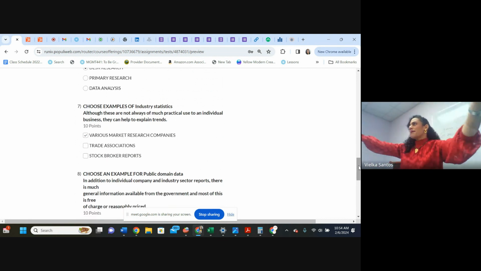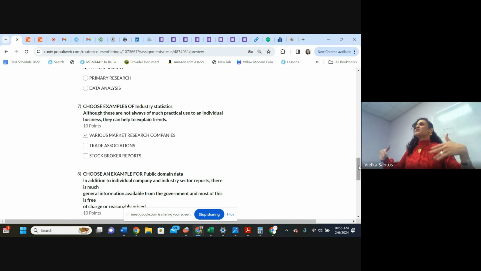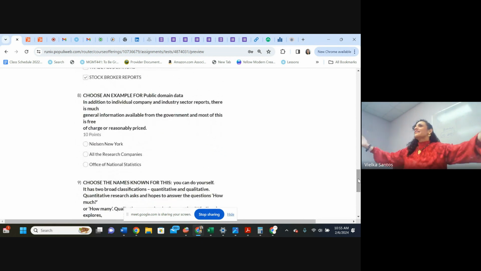You trust in Seba? In Siva? You trust only this? Some of you think different. Maybe you want to add more. Maybe you want to add trade association. Everybody agree? You don't want to add a stock broker? Add it too. We can add it too. Why not? Stock broker. Okay. Why not? Everything is possible in this life.